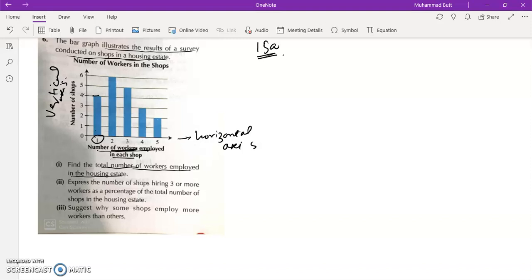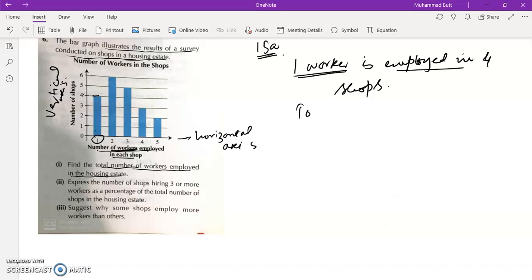It means that 1 worker is employed in 4 shops. Each shop is employing 1 worker. It means the total number of workers in 4 shops